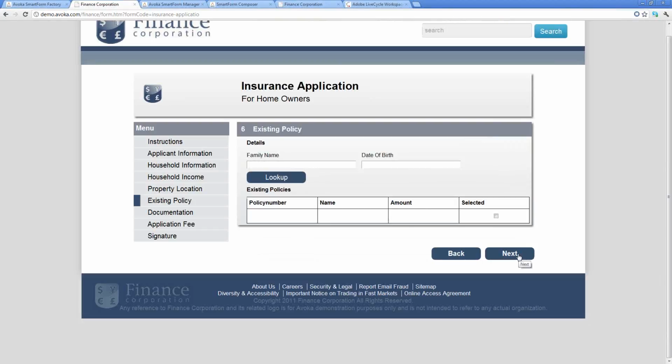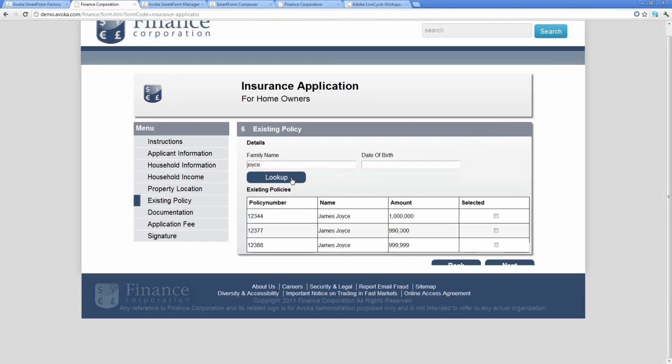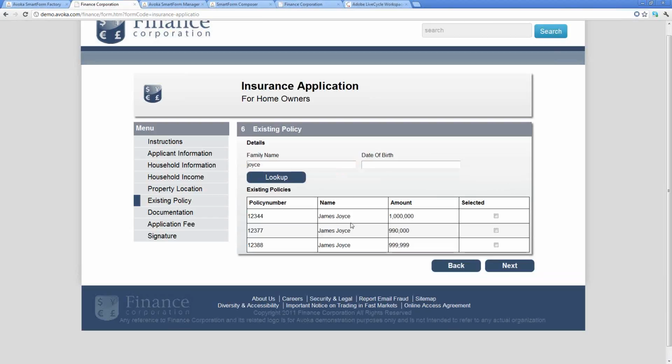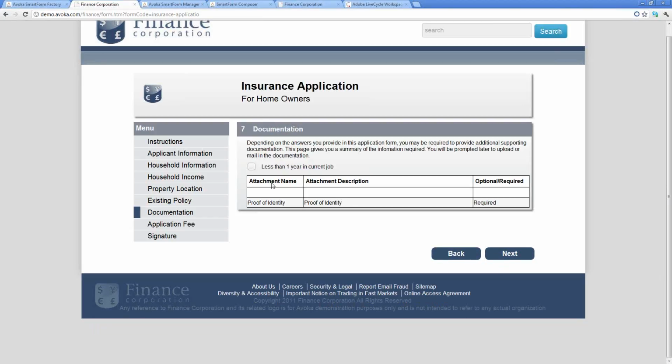And then, this is actually a lookup on the back end, so I could call web services and things like that from the back end. So I could search for Joyce in this case, and I bring back some additional information that I might want to use in the form. And then we didn't show, but I could come in and say, based on what I checked, I now need additional